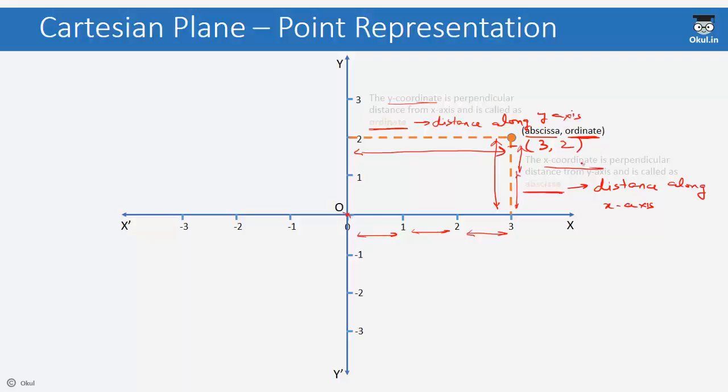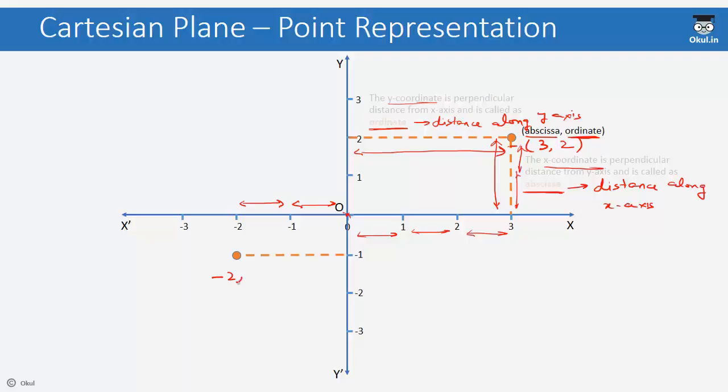Let us take another example and understand this method in a better way. Let us suppose this is our given point and we have to represent its notation in the given form. So again, I have to write it in the form of (abscissa, ordinate). So what is abscissa? It is the distance that we have to travel along the x-axis. Along the x-axis, I have to travel 1 and 2 units. But since I am traveling along the negative x-axis, therefore its abscissa will be -2.